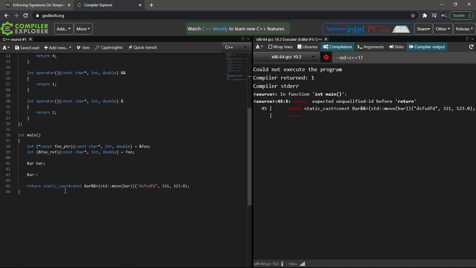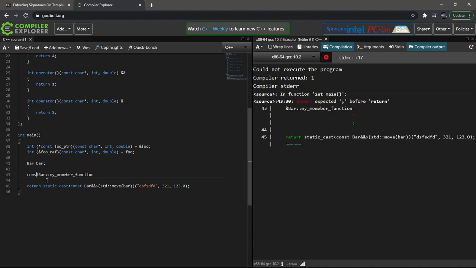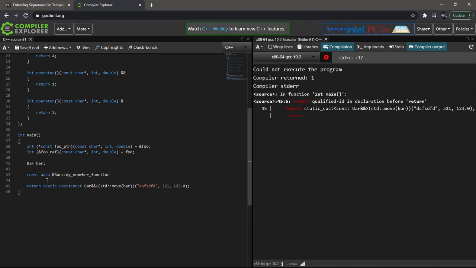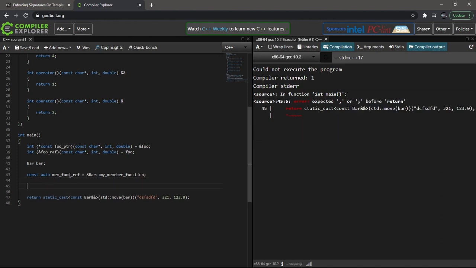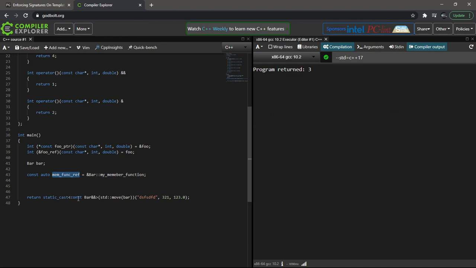And my member function, I'm going to put this here, const auto, and this is a reference to member function. Const auto ref mem func ref. And I'm going to try to call this, and that would be something like